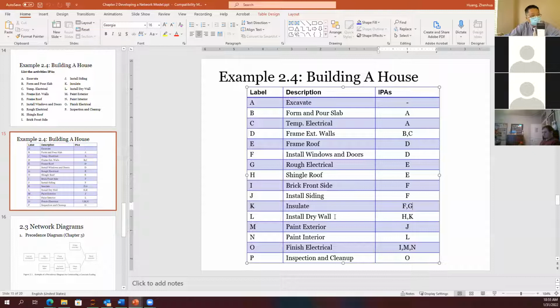Install drywall, of course, you need the K after insulation, and also H, shingle the roof. Typically, only when the roof shingling is finished can you protect the drywall. Otherwise, if it rains, it's completely damaged. Okay, and then